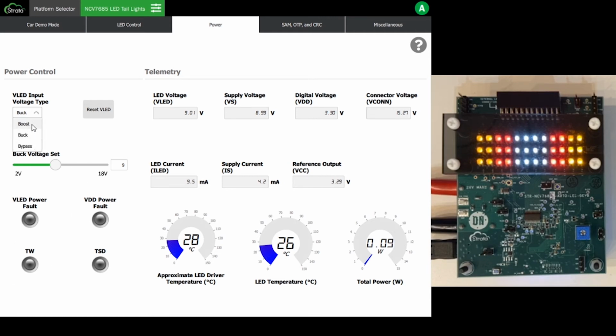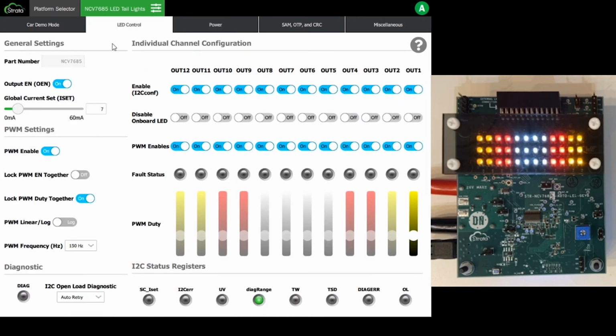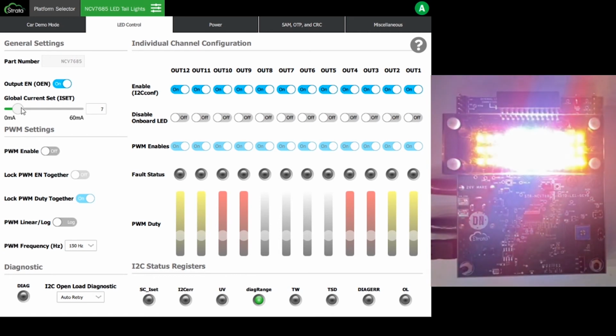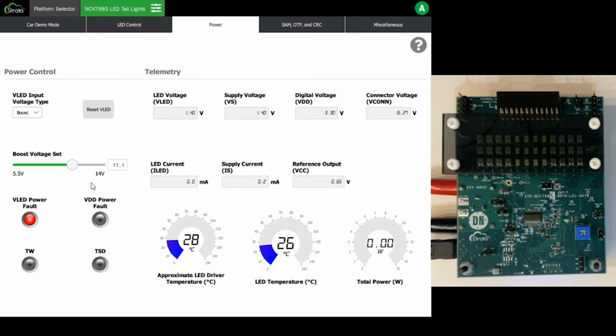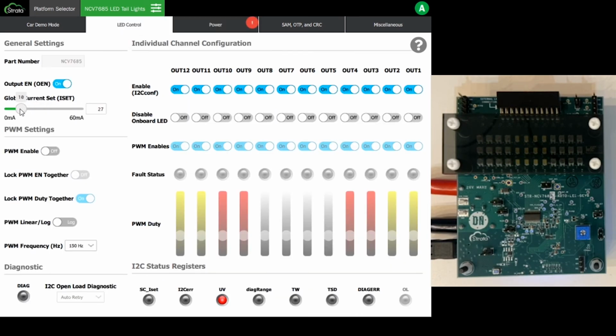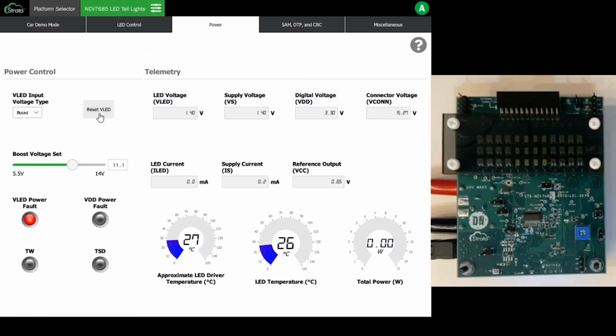If I change back to my boost setting, my boost input current is limited from my V-bus rail of the USB. So if I try to turn my PWM enable off and reset or increase my ISET limit, you see here that my LEDs turn off, and I get a warning here in my power tab. It's a continuous warning. And that's trying to restart the boost regulator, but it can't because the current is too high. So if I come back over here to my ISET and lower my current back down to 6 milliamps and click reset VLED,